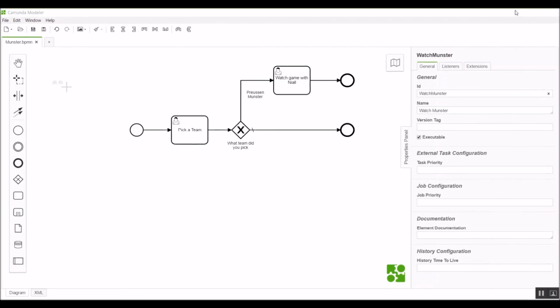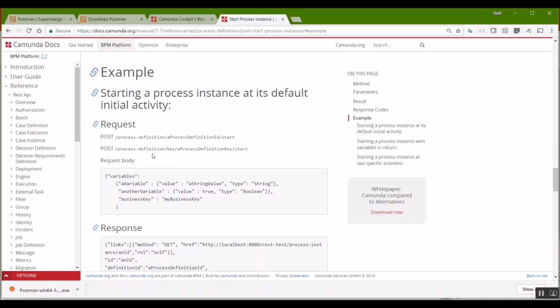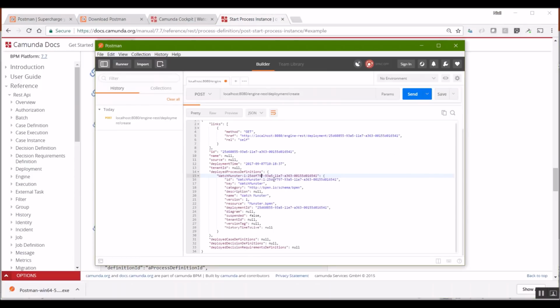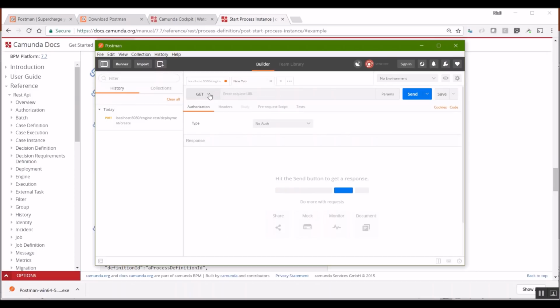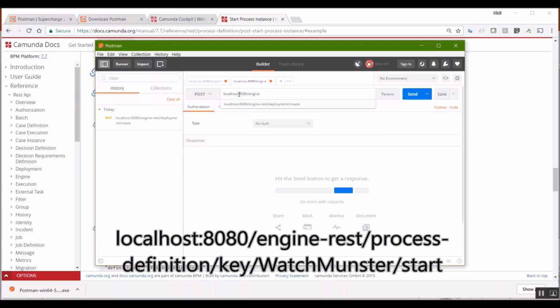Okay. So again, I'm going to copy this. Going to go back to Postman, and I'm going to open a new tab in Postman by clicking the plus here. Okay, so as we saw, this is another post call. It's again going to use localhost 8080 /engine-rest.